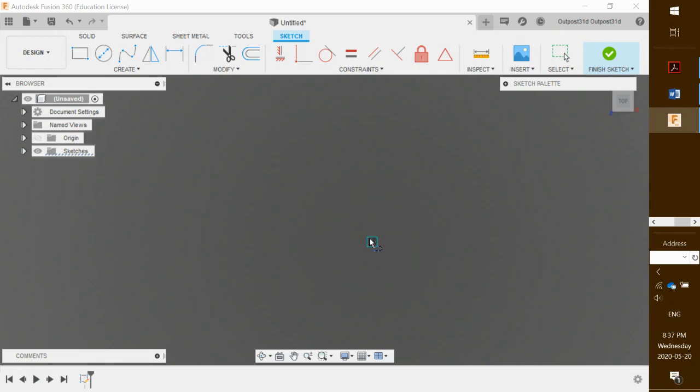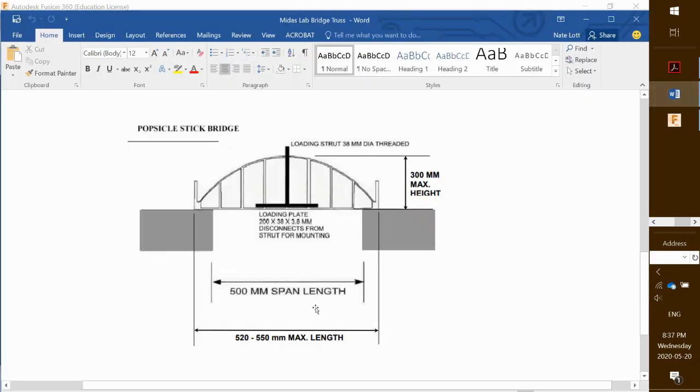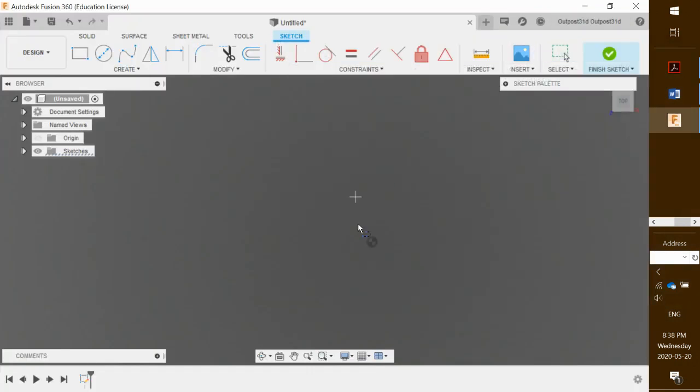Now, we have restrictions on our bridge. So this is the Word document right here. We are not allowed to be more than 550 millimeters in length and 300 millimeters in height. So let's stay within that. I'm going to say 515 for my length. So I'm going to make this line